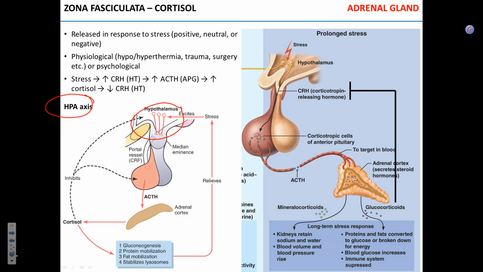Okay? So it receives nervous signals. And stress can be psychological, right? Think about the stress that you have before an interview, something like that. Okay, psychological stress. So it is perceived by hypothalamus. Hypothalamus releases CRH,